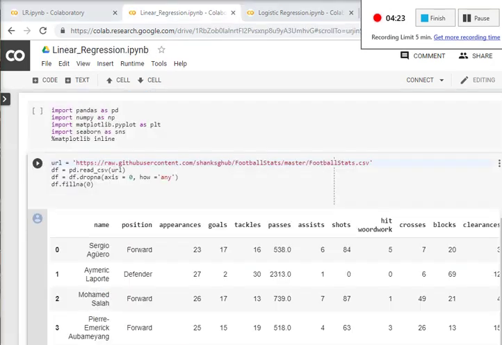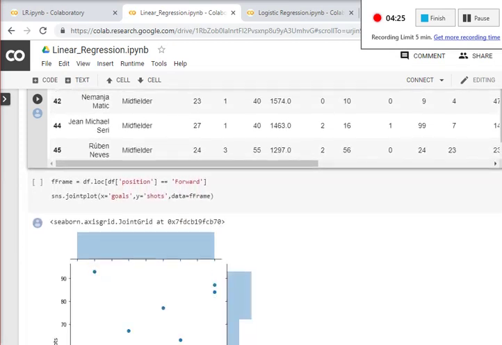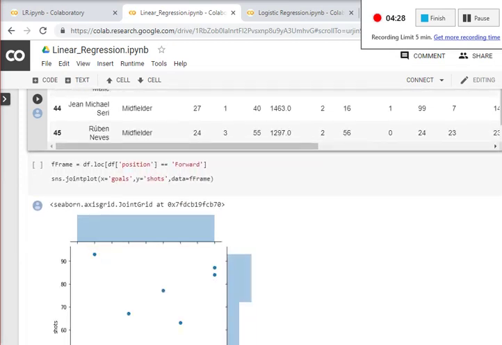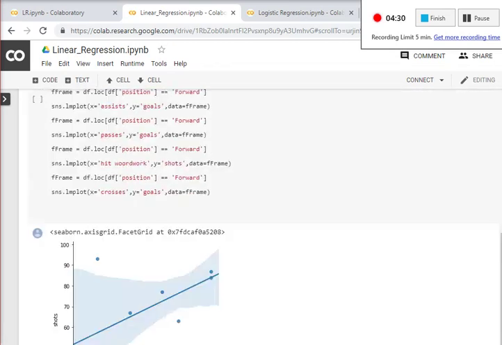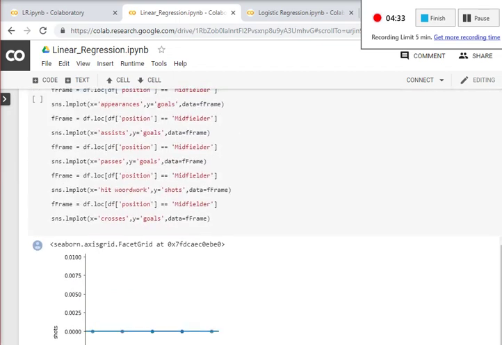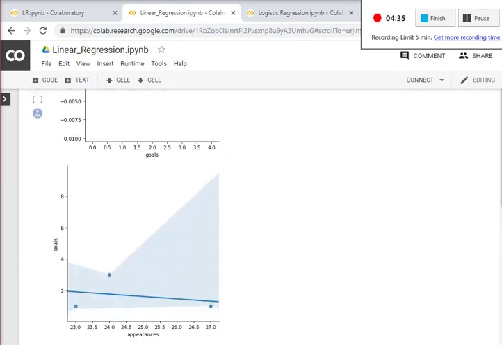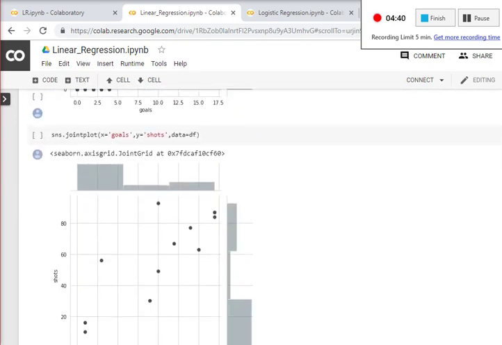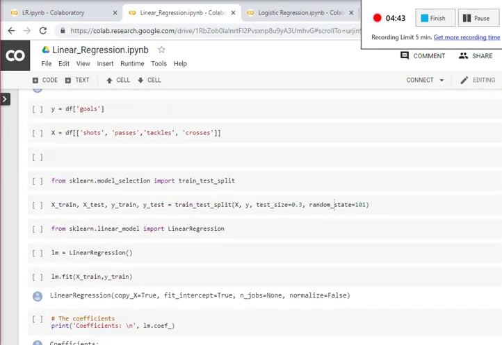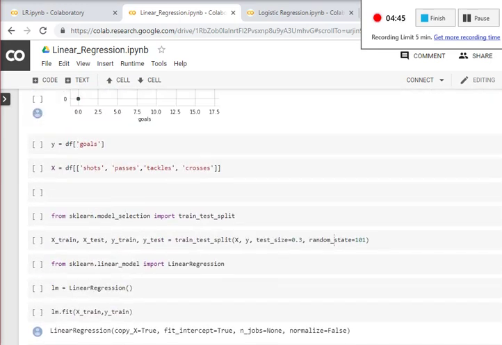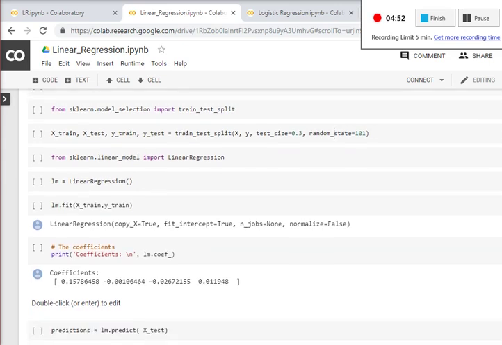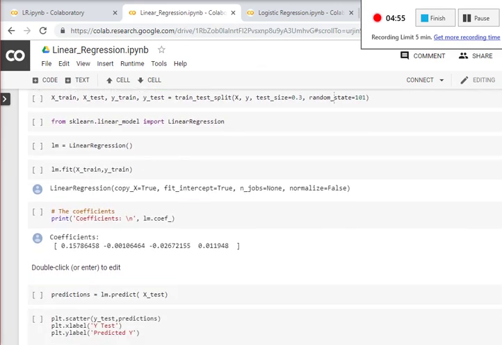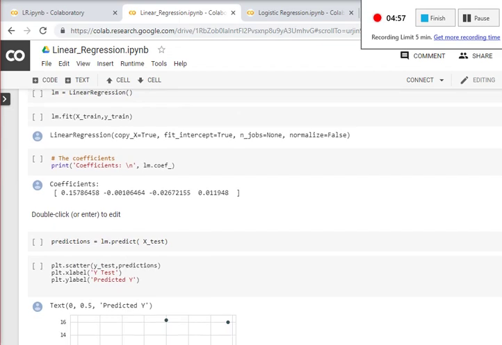Okay, so now we do a linear regression model. We make a linear regression model to predict how certain features of a player or a particular position are. Before that, we made some visualizations of a position compared to other aspects. Yeah, so we've shown the Y as goals and X as shots, passes, tackles, and crosses. We've imported train_test_split. We've imported linear regression. We fitted in the data, and we have coefficients of small value, and we can